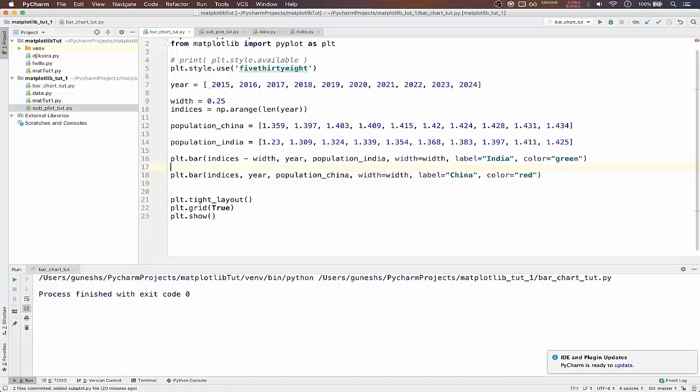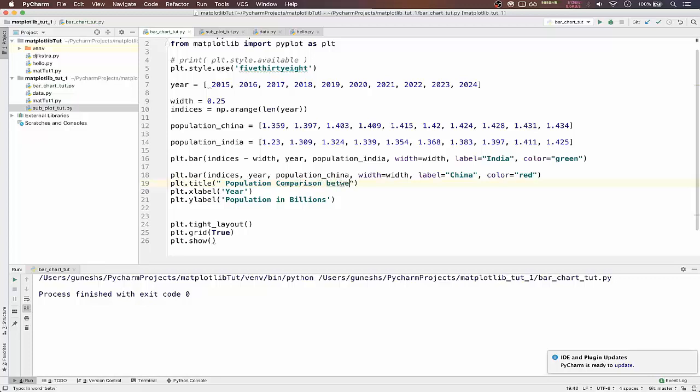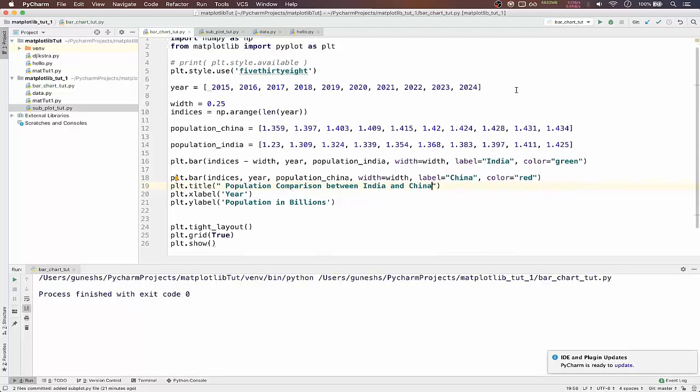Just paste it below. Okay. Type population comparison between India and China. Okay, so if we run this now,